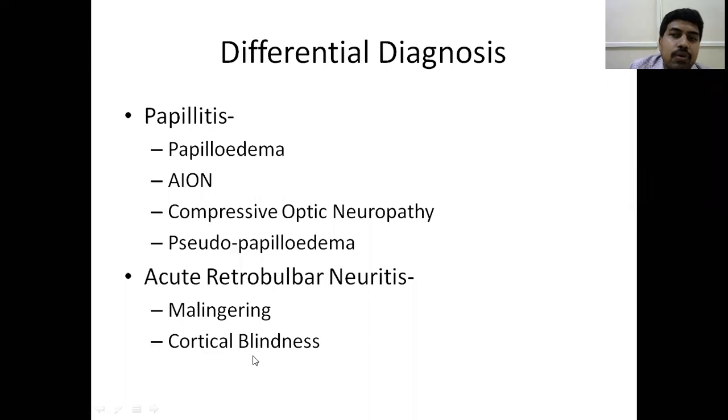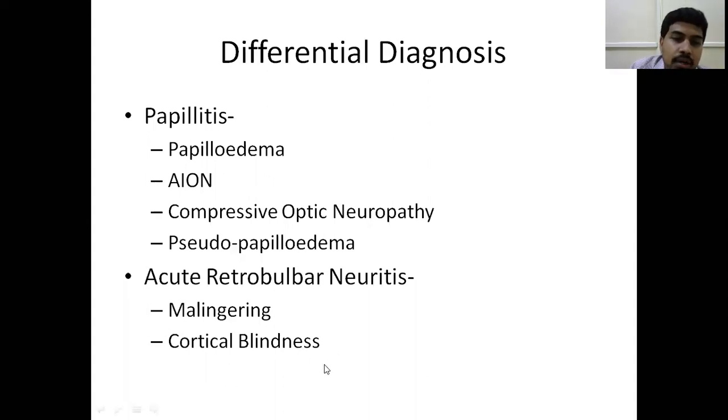Cortical blindness means, as I told you, suppose there is some infarct in the occipital cortex. In a CVA patient, suppose a middle cerebral artery block or some anterior or inferior cerebral artery block is there, so the entire occipital cortex is gone. In that case also the fundus will be normal. Because I told you optic atrophy takes place only up to the lateral geniculate body, because the second order neurons synapse with the third order neurons in the lateral geniculate body.